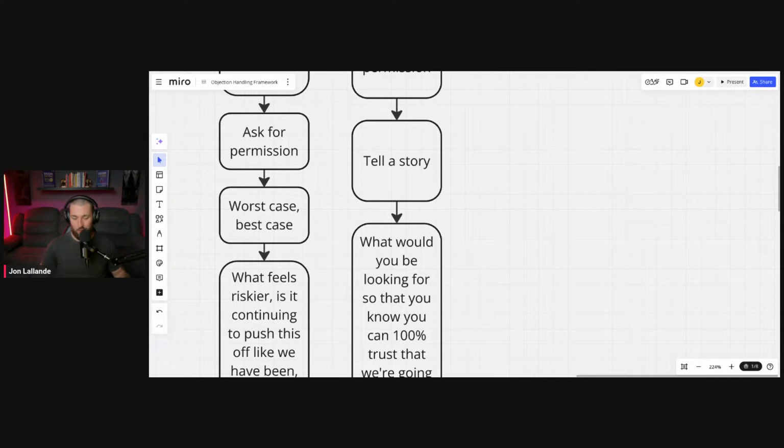So what we did is we just introduced her to the attorney that we work with on a regular basis. And she had a conversation with our attorney, and we didn't tell him to say anything. He just kind of walked her through how we conduct business. And that alone was enough for her to realize that we're going to do what we said. So let's say we were able to do that. Then I'm going to ask, so what would you be looking for?